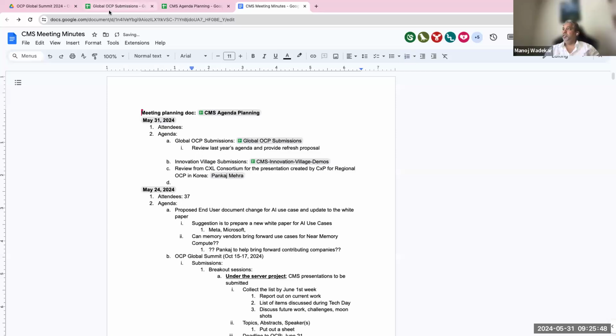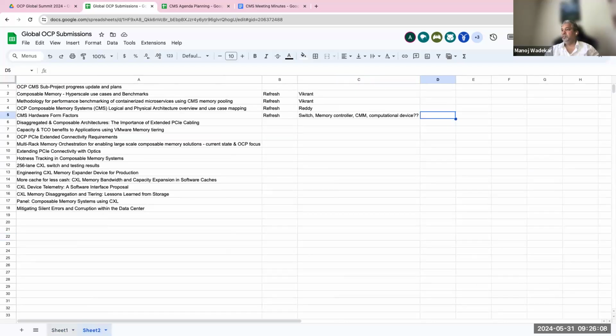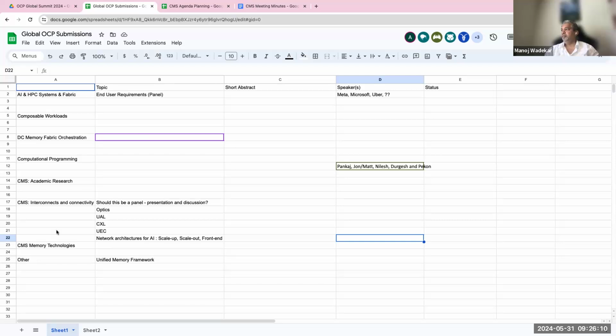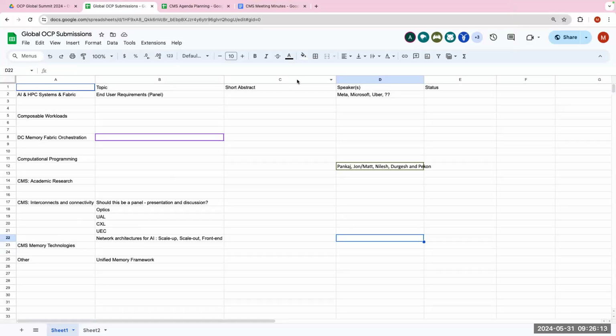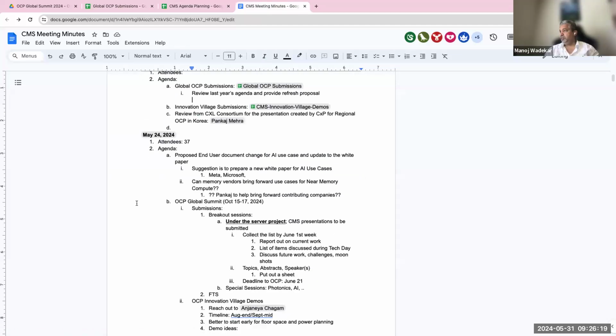Okay, so let me go back here. Is there any other big ticket item that we want to cover, in which we want either presentations or panels, or any thoughts? Because I think this is plenty large enough. Looking at what we had to go through last year, this is already a large enough agenda. Yeah, but our goal is going to be pretty big. The submission deadline is June 21st, so we have time. Maybe by next Friday, we can get a first cut at it.